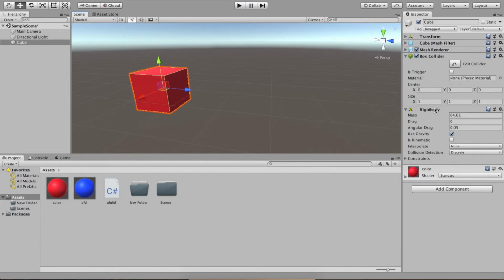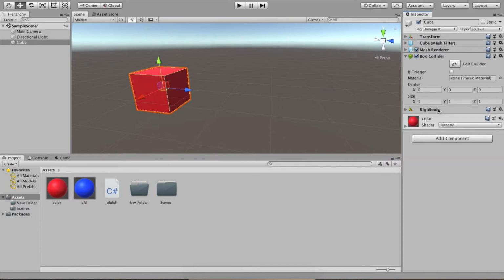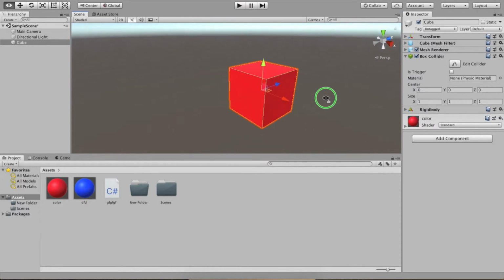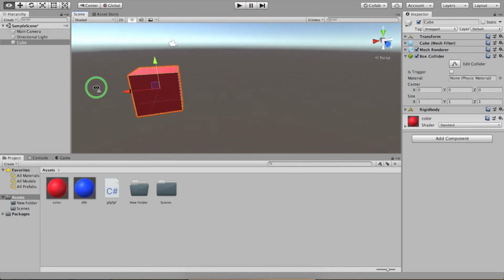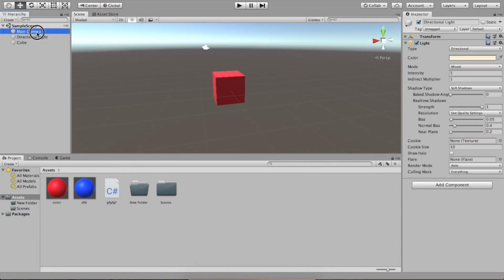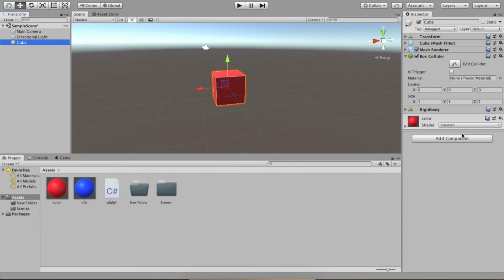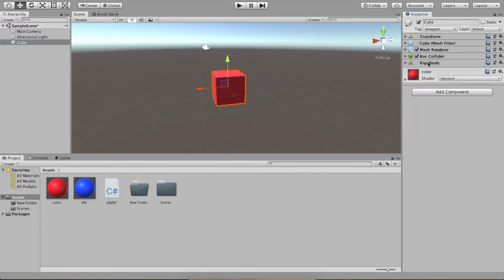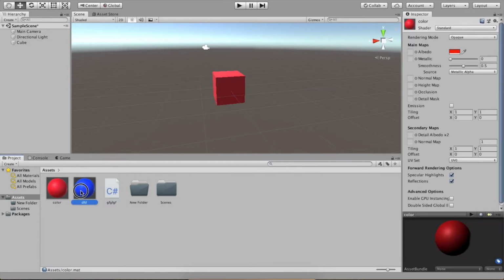Okay, now there is the rigid body. I explained the rigid body in the last tutorial. It just does the physics thing. Okay, and now that's it for our components. These are the main components that we are going to use in our game. Okay, in the last tutorial we made these materials and